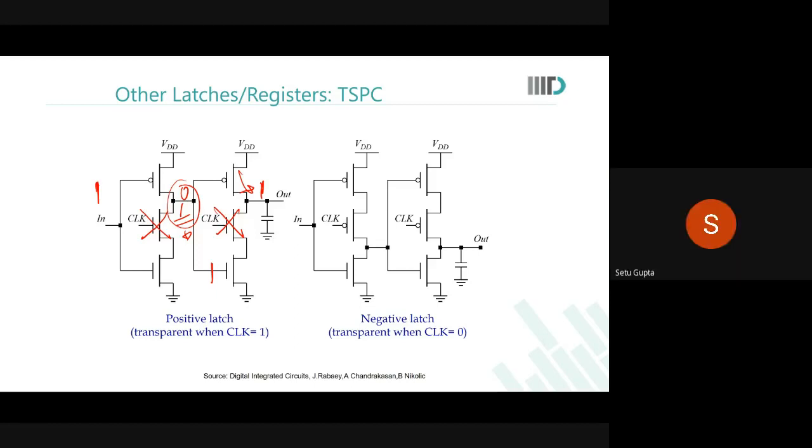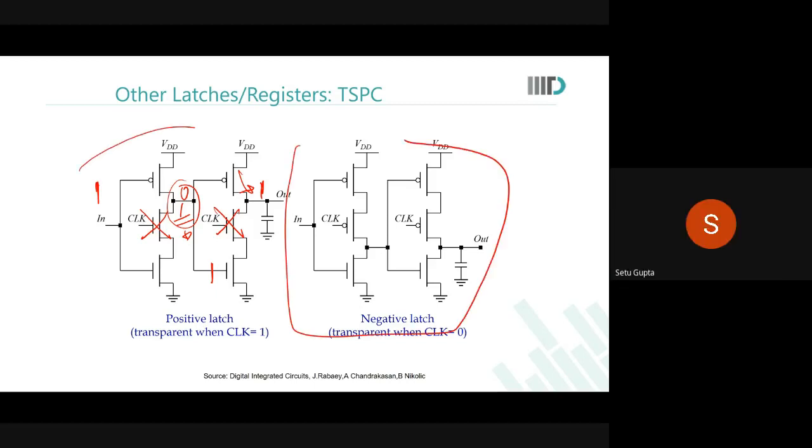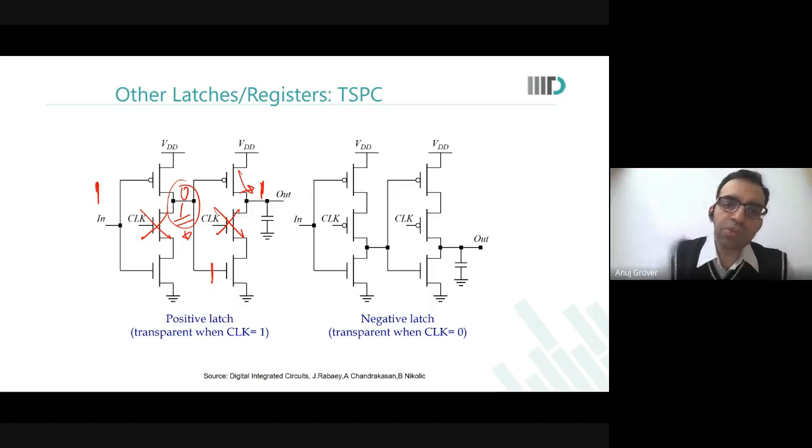Sir, yes. So why aren't we using just half of the circuit? Why have we copy pasted twice? Which one? So this is the negative latch. No, this is the positive latch. Even in the positive latch, why not just use the first 3 transistors and not the second? I am not able to see why I need the last 3 transistors as well. Oh, I just showed that. Now what does a latch mean? A latch means that whatever change at the input, the output will not change.